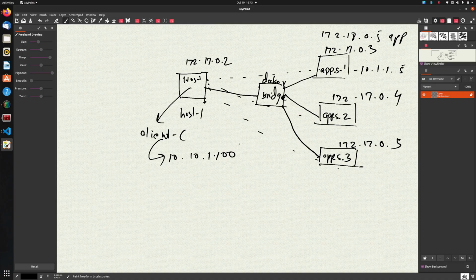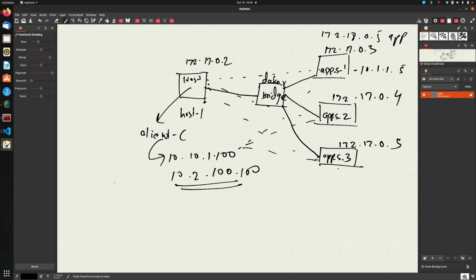What I want to do is distribute this traffic to these three different instances, right? I want to round robin or randomly distribute this traffic to these three app instances. So it can be any random virtual IP. It doesn't need to belong to any subnet or anything like that. It can be 10.2.100.100, something like that, right?